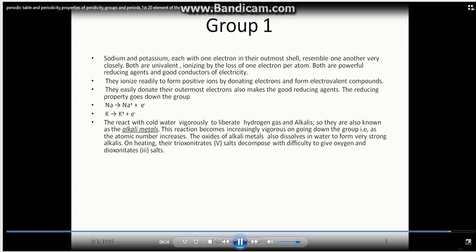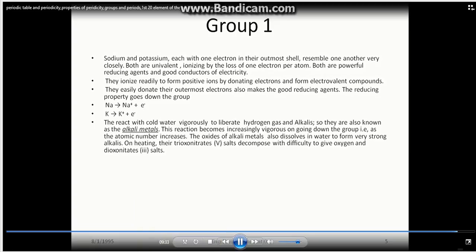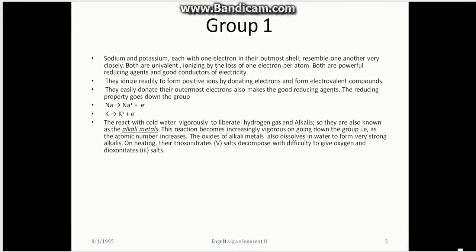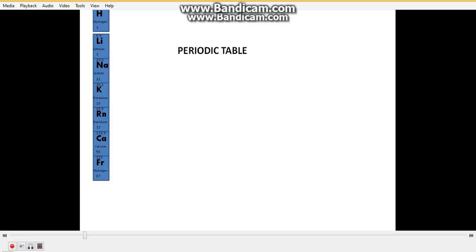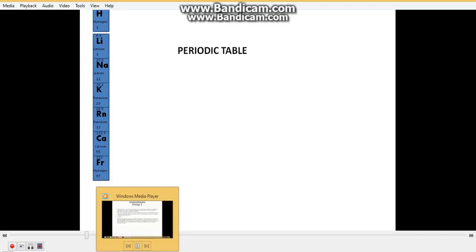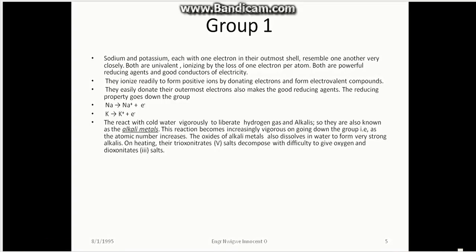The oxides of alkali metals also dissolve in water to form very strong alkalis. On heating, the trioxonitrate(V) salts decompose with difficulty to give oxygen and dioxonitrate(III) salts. The reaction goes like this: 2 atoms of potassium with 2 molecules of water give potassium hydroxide and hydrogen. Sodium, 2